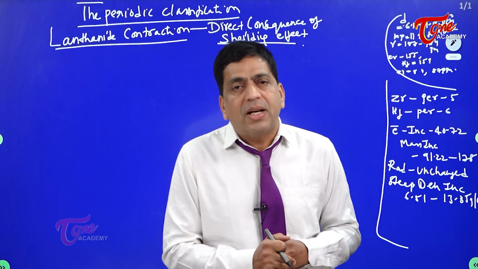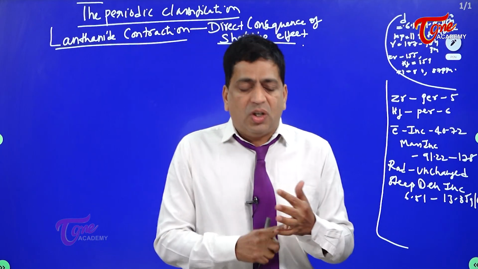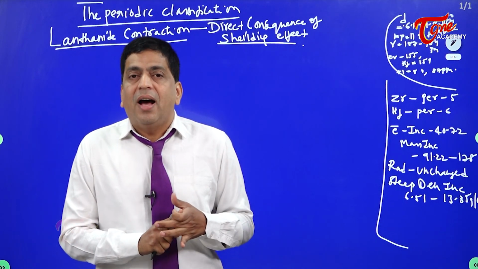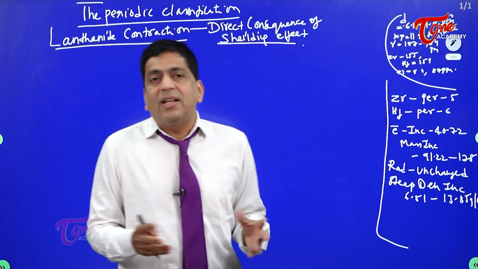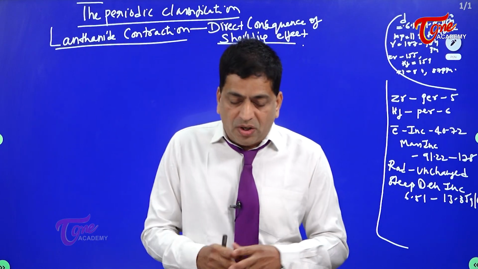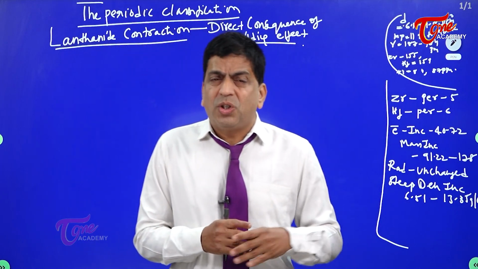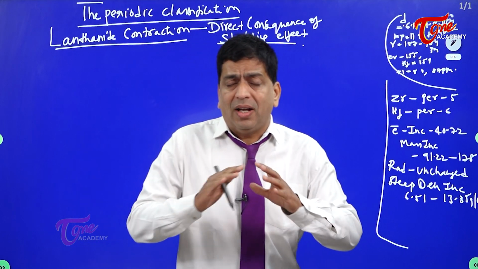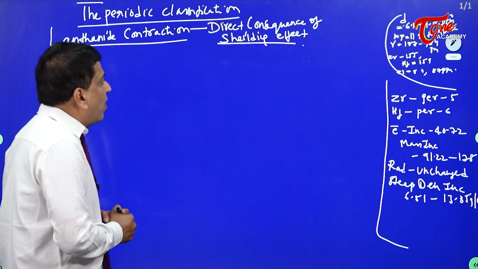If you look into the periodic properties we are dealing with, say electropositivity, electronegativity, electron affinity, or even ionization potential, these are all functions of sizes. The size variance in the period and group will determine the mode of activities of these elements. Today, there are several questions which you need to bank on, and those questions will come in the exam. Today's discussion is basically Lanthanide contraction, which is